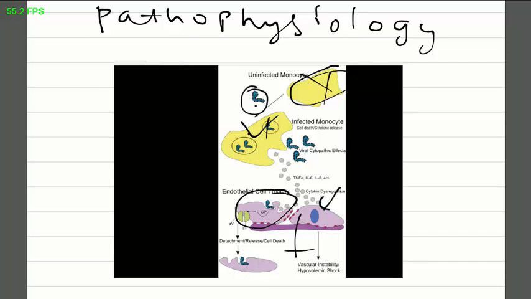It can't infect the monocyte, since the ZMapp is bound to it, and it can't infect the endothelium either, by the ZMapp binding to it. So essentially what you are doing there is preventing viral entry into cells, and therefore viral replication. And obviously if you don't have viral replication, over time your immune system will clear them out. But the only problem there is that since the virus also weakens the immune system,